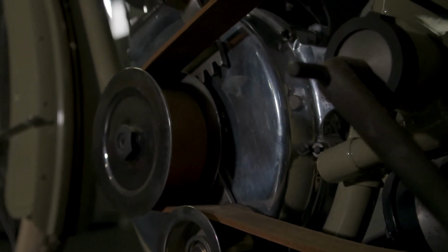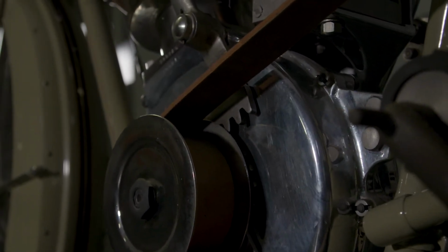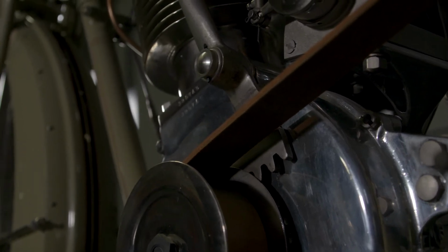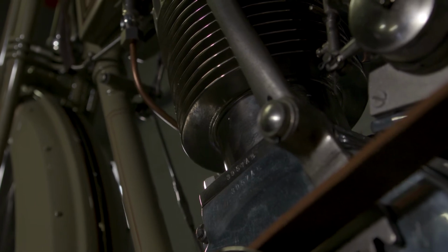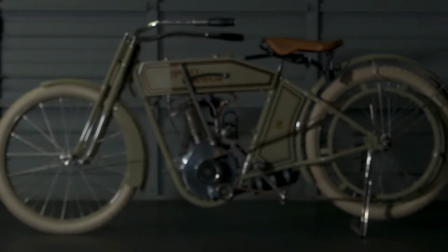So we had it, and a couple of us rode it around the parking lot. It ran. It still had the original paint on it. Not a whole lot of it was on there, but what was there was all original. And so anyway, we had that on display in front of the building, and then in